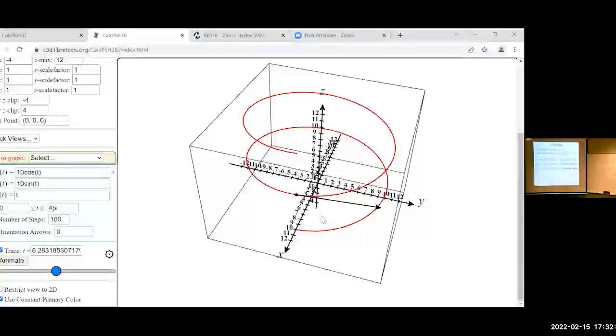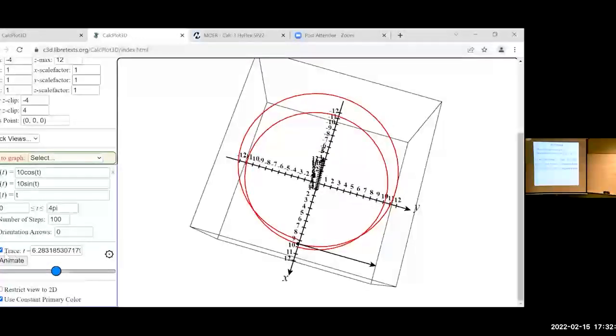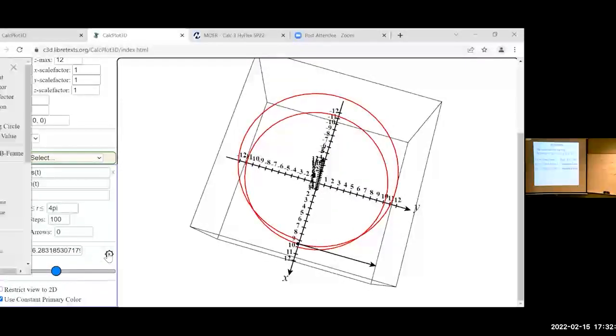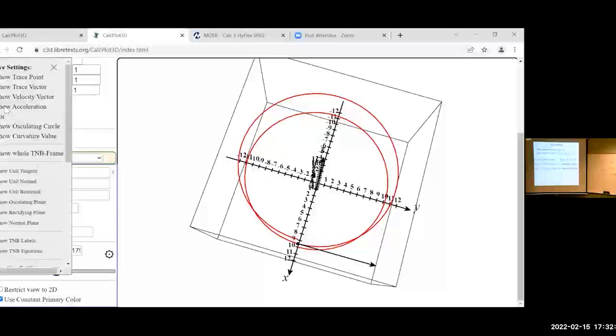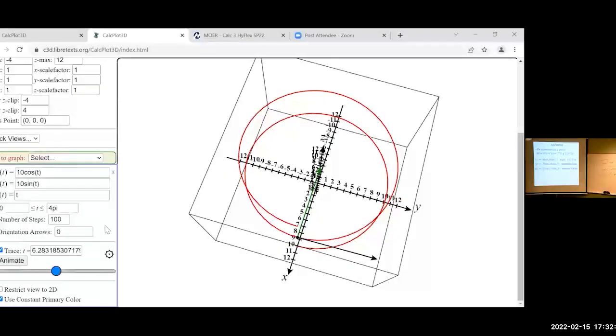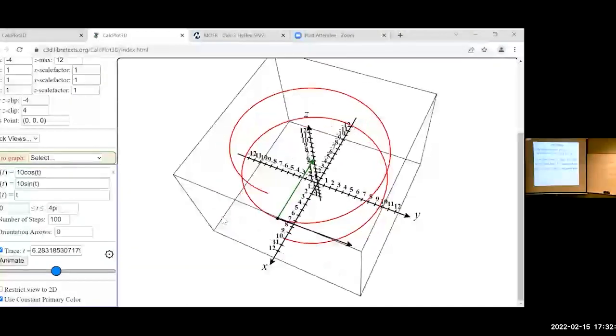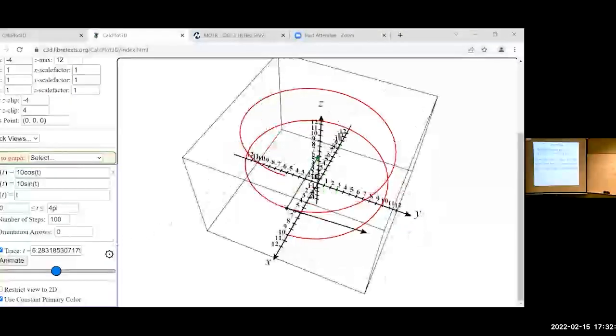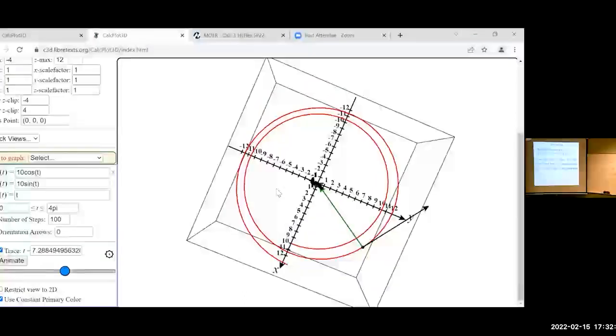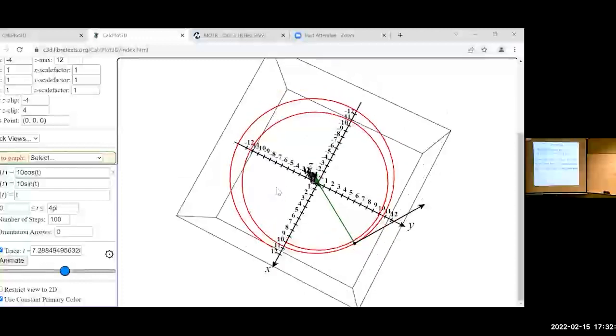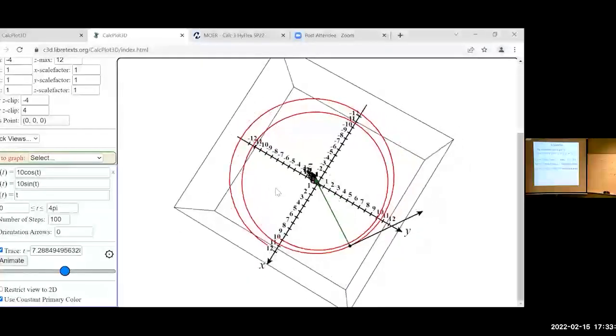Now we can add this to our plot here. And I think it really does a good job of kind of showing how it works. I know you can't see it just yet, but you will. It's that green one. Notice how the velocity vector, or excuse me, the acceleration vector is pointing perpendicular to the velocity vector. Right? And if we look straight down, or as straight down as I can get it,